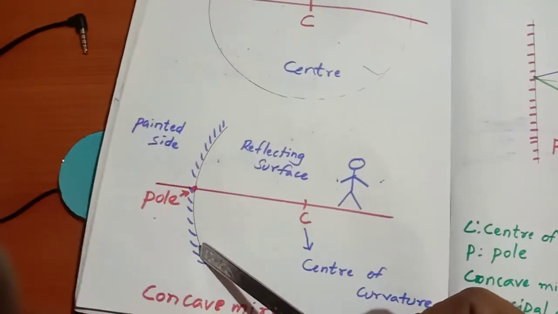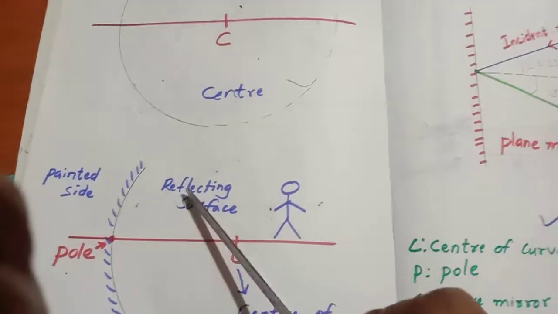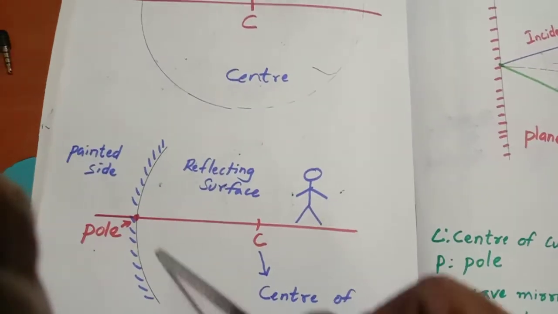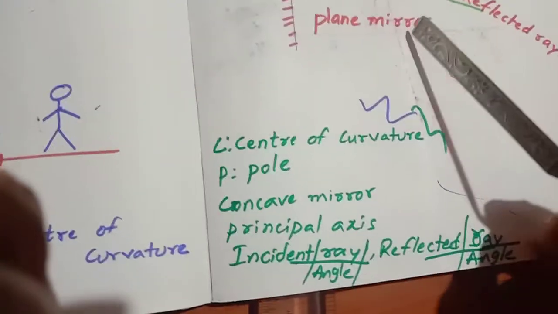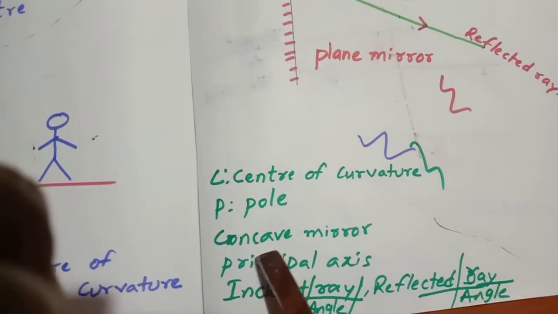So here also the same thing. So we have drawn some picture here. So this is called a reflecting surface. Here we see objects. Now see here again, we already studied about the center of curvature and pole, concave mirror,